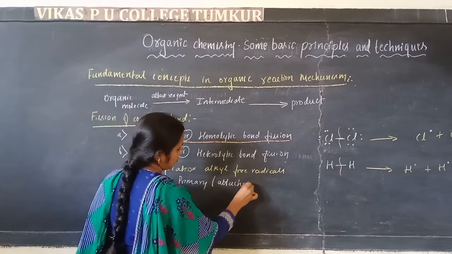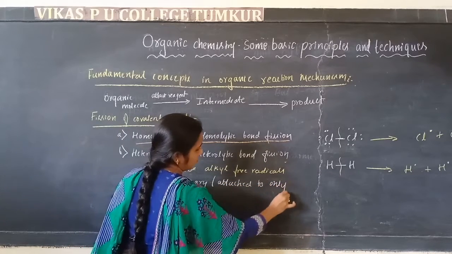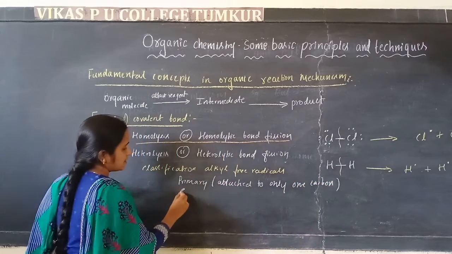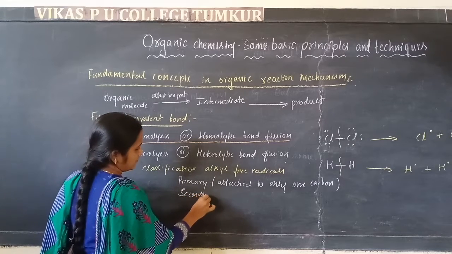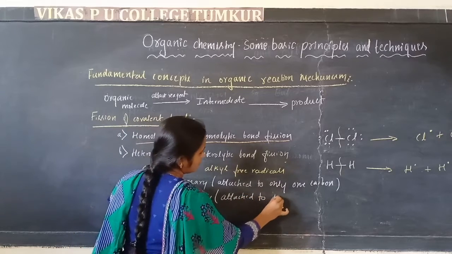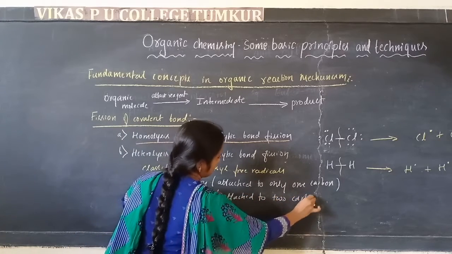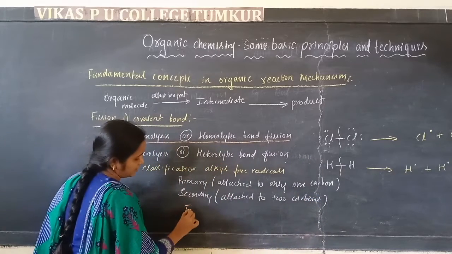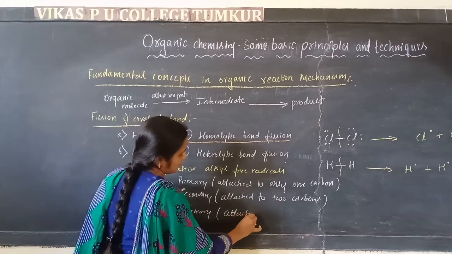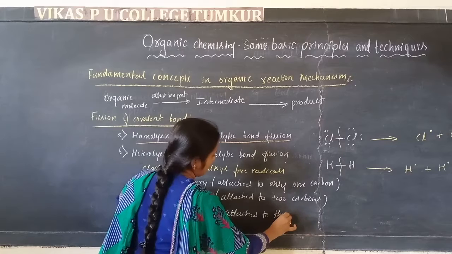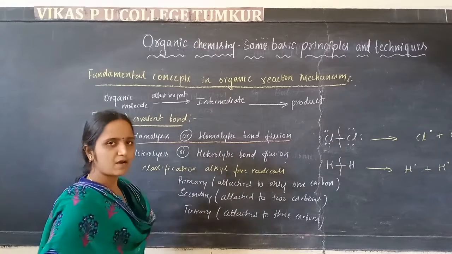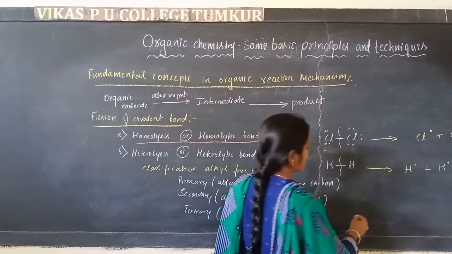Attached to only one carbon, that we call a primary. Secondary means which is attached to two carbons, and tertiary, that is, these are attached to three carbon atoms. Three carbons means we take that the stability of these free radicals is, that is, the methyl